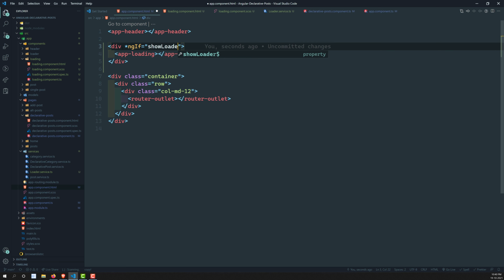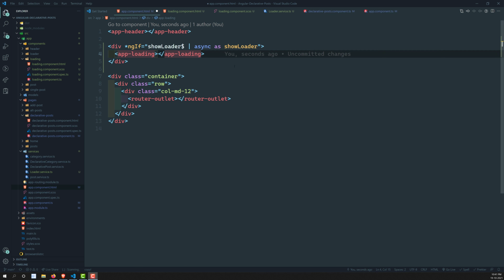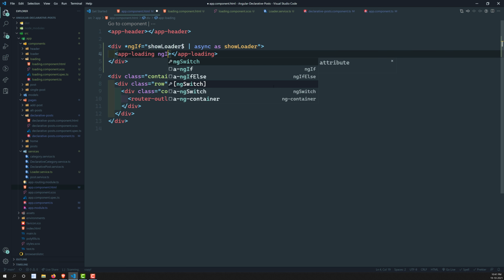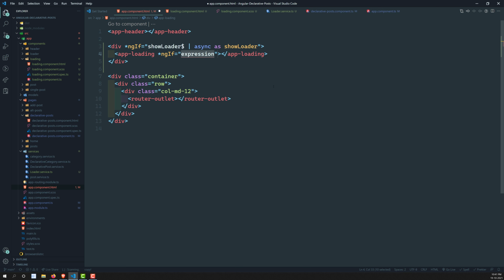This is the variable I have written, right? I can take the async as showLoader, or any variable name; you can save it in any variable. And here I can add a condition that the app loading is there, and ngIf equals showLoader. That's it. So we are showing the app loader.